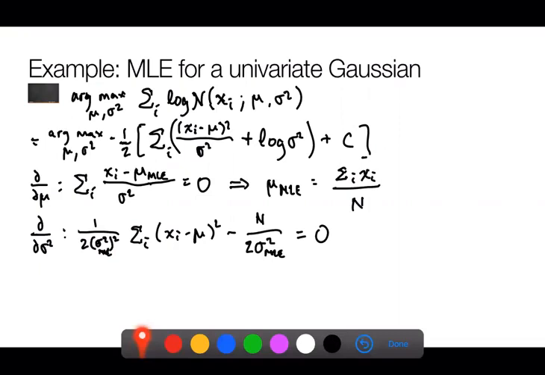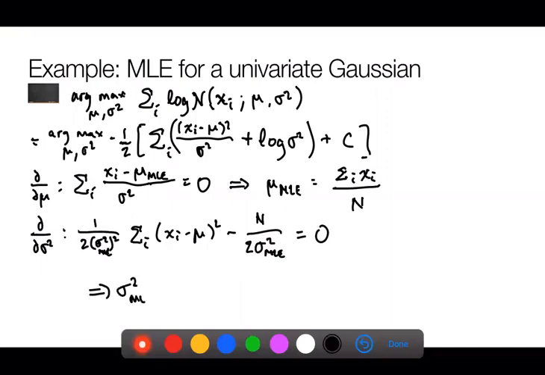Well, this thing goes away, because that's what I'm multiplying by. This thing you'll notice is missing a term that's sigma squared. So if I had another sigma squared here, this would also be 2 sigma squared. So if I multiply this by 2 sigma squared squared, I'm going to get a sigma squared on the top. And then I can move that thing over. So then what I get is the following, that sigma squared MLE,